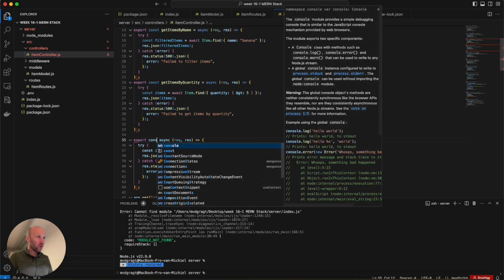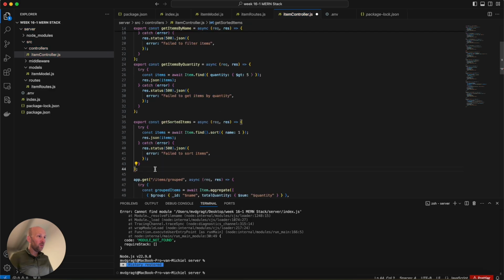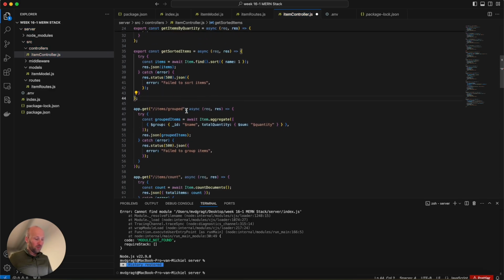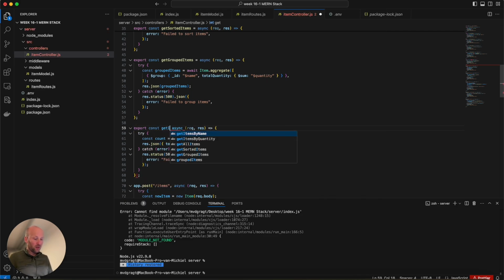Export const get sorted items equals, take away those brackets as well. Const get grouped items equals. Export const get item count equals,